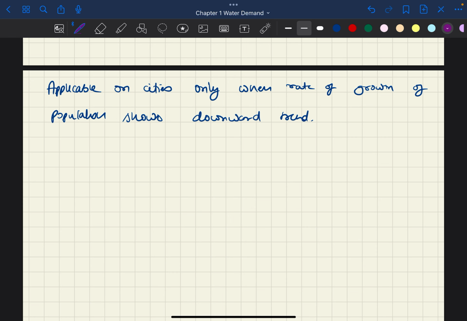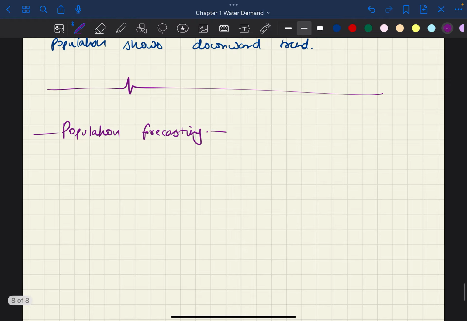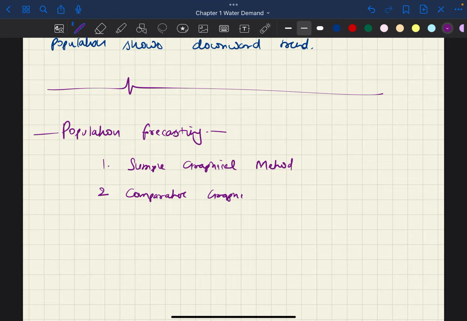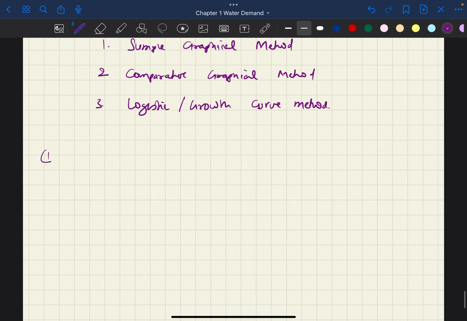Now our next topic is population forecasting. There are three methods of population forecasting. First is simple graphical method. Second is comparative graphical method. Third is logistic growth curve method. So we are discussing simple